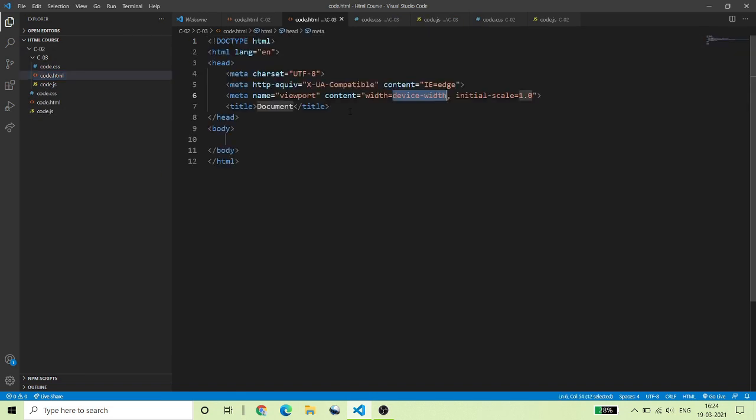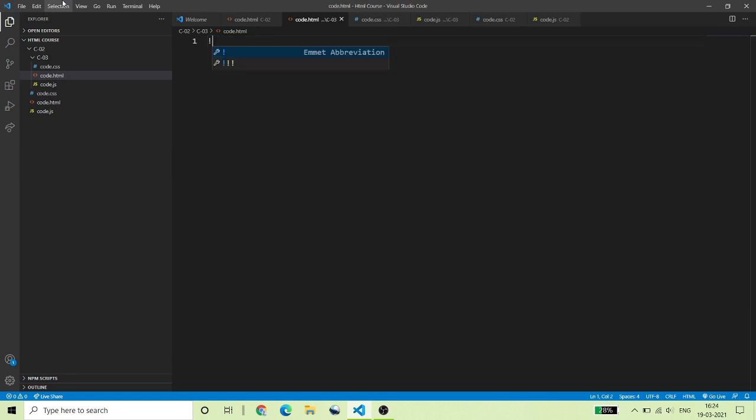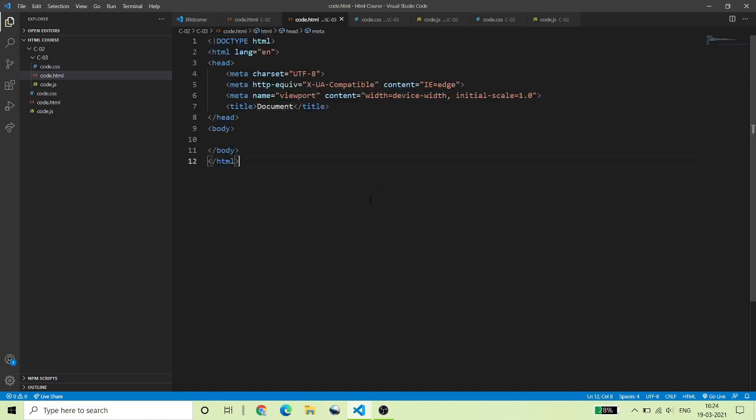We have learned about what a boilerplate is and how to input it. We have to write shift+1, meaning the exclamation mark. It gives the option Emmet abbreviation, and if we press enter, you can see we have the boilerplate. In the previous video we learned many things about HTML and why it is used.